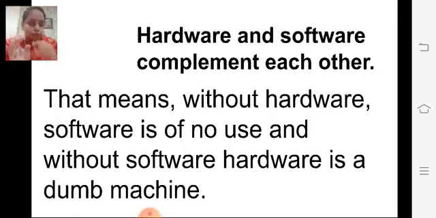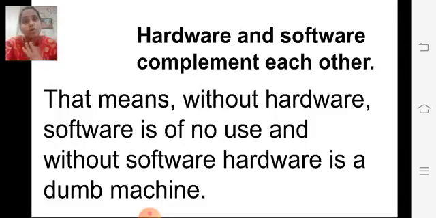If you have all the hardware parts but you don't have software in your computer, it will not work. Correct children? See, you have monitor, system unit, keyboard, mouse, speaker, printer, everything you have, but in your computer you don't have an operating system.